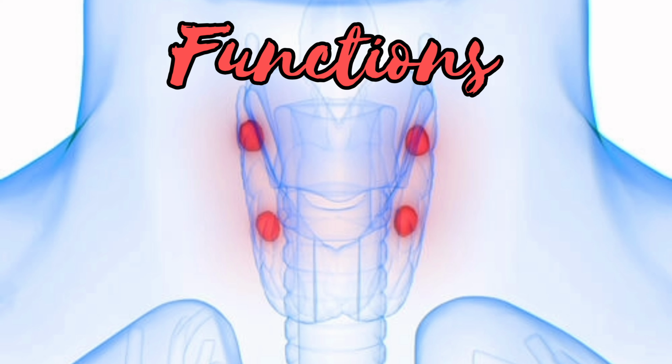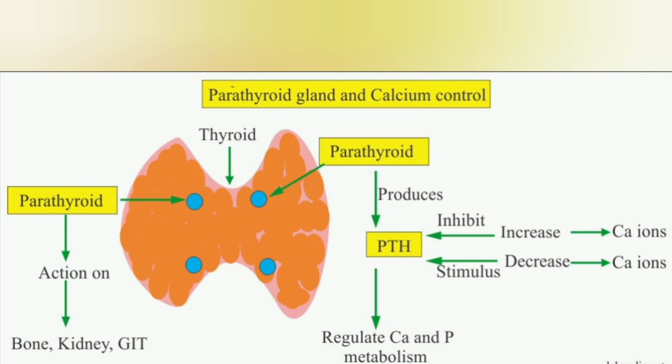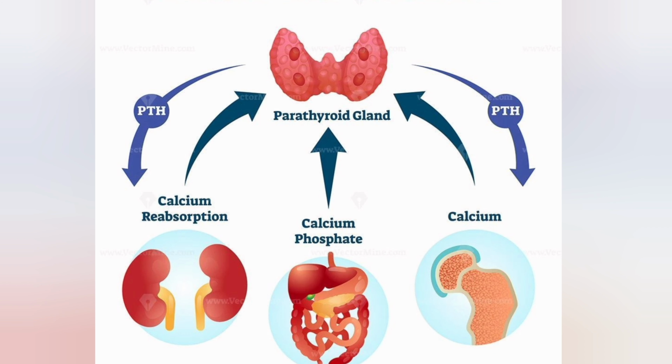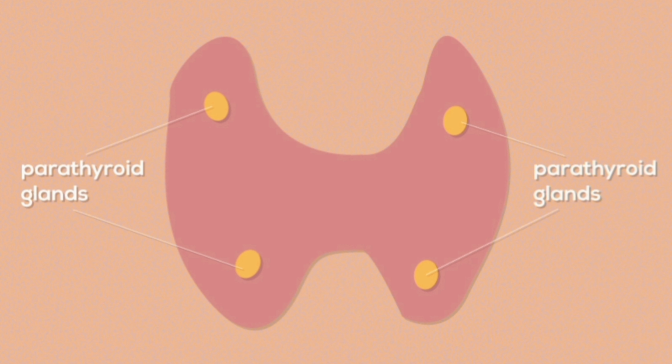So, what is the function of parathyroid hormone? Parathyroid hormone serves several functions in the body, such as it increases the level of calcium in the blood, it stimulates the process of bone reabsorption, that is, demineralization by acting on the bone, and it also stimulates reabsorption of calcium by the renal tubules and absorption of calcium from the digested food. So, the parathyroid hormone is a hypercalcemic hormone. That means it increases the level of calcium in the blood.